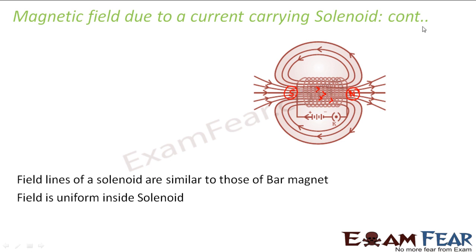If you see, the magnetic field is uniform, it is in this fashion, right? The field inside the solenoid is uniform. This is a very important property which has been put into various useful applications. So here we saw the pattern of the magnetic field. As far as direction of magnetic field lines is concerned, that is simple. Outside the solenoid, the field lines originate from the north pole and terminate in the south pole, and inside the solenoid the magnetic field is uniform and directed from south pole to north pole.